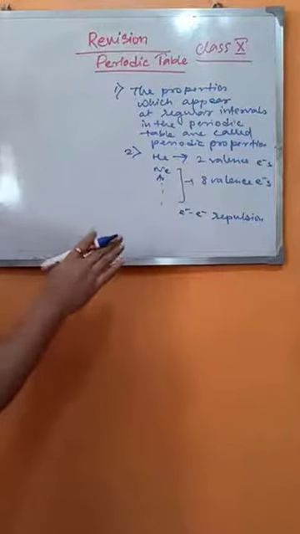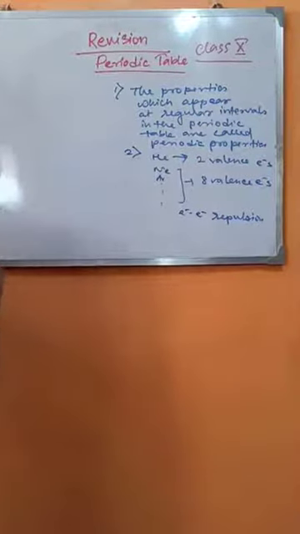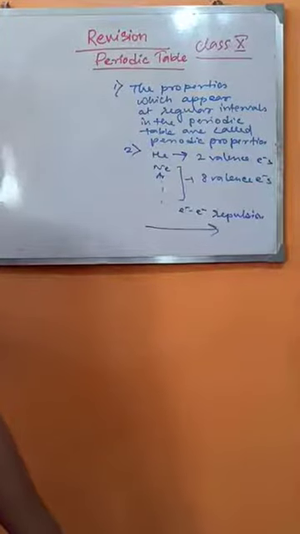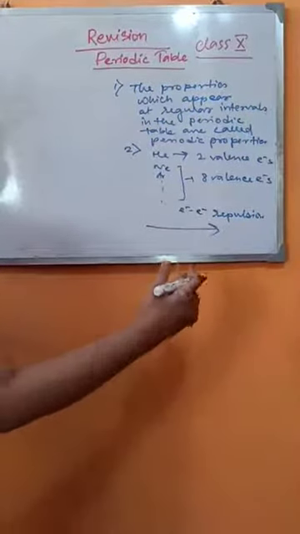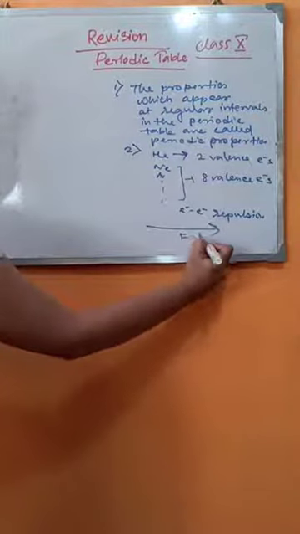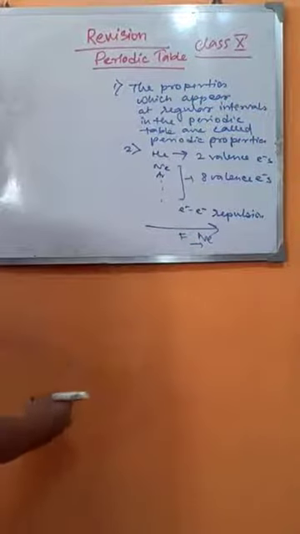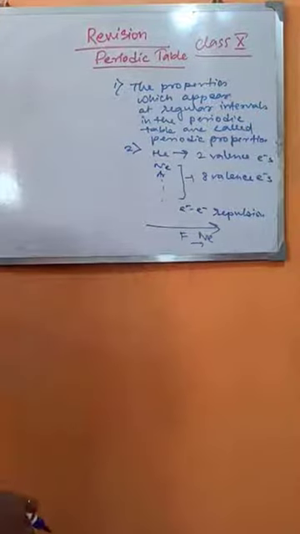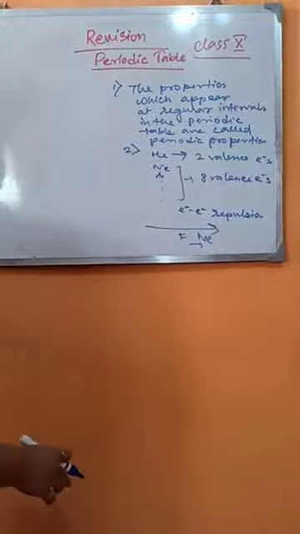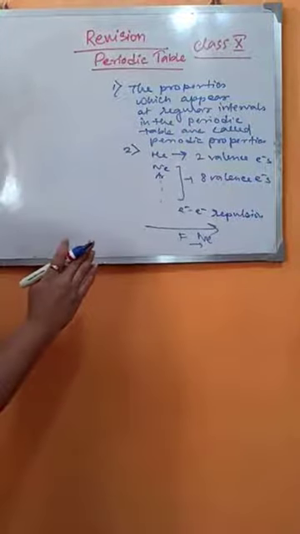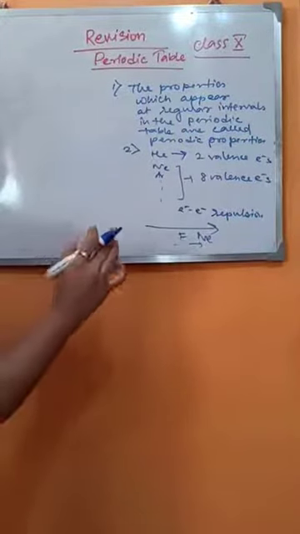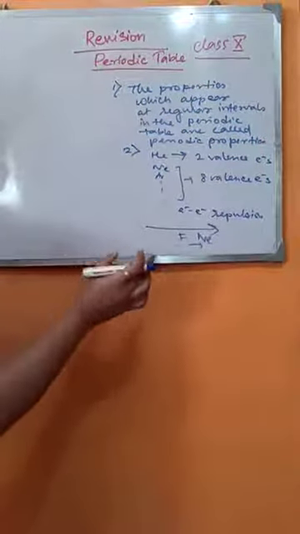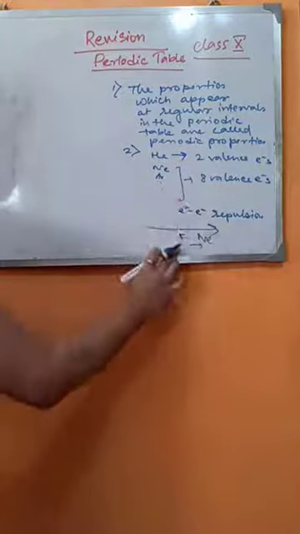Although we know that in the periodic table, as we move from left to right across the period, the atomic size decreases, still neon, which is just right to fluorine, has a larger atomic size than fluorine, only because of its completely filled electronic configuration, having all the 8 electrons, causing electron-electron repulsion. Because of this force of repulsion which exists in neon, the atomic size of neon is greater than that of fluorine.